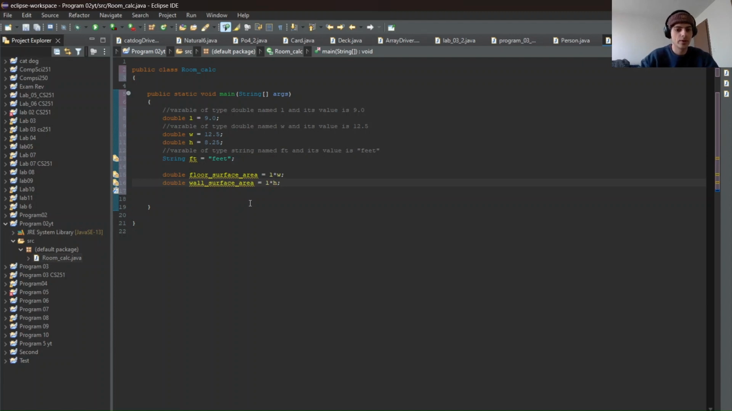So we actually need to do one more thing for this wall surface area, because we're currently only finding the surface area for one wall, but we need to do it for all 4 walls in this room. So we're going to do 4 times, and then in parentheses, length times height. So there's a little bit of math, but we're doing 4 times the length times height. So we find the area for one wall, and then we multiply it by 4 to find the area of 4 walls. So now that we have our floor surface area, our wall surface area, and all our variables made,